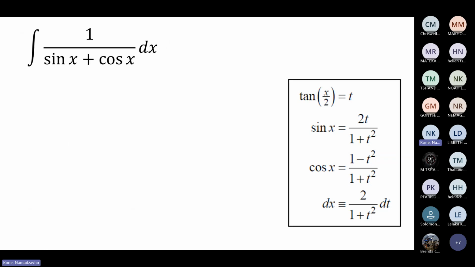Now I think you can do this one in 2 minutes, right? Try that one. 2 minutes, please. This one is easy, straightforward, sorting in sin x and cos x and dx and finish. The answer is